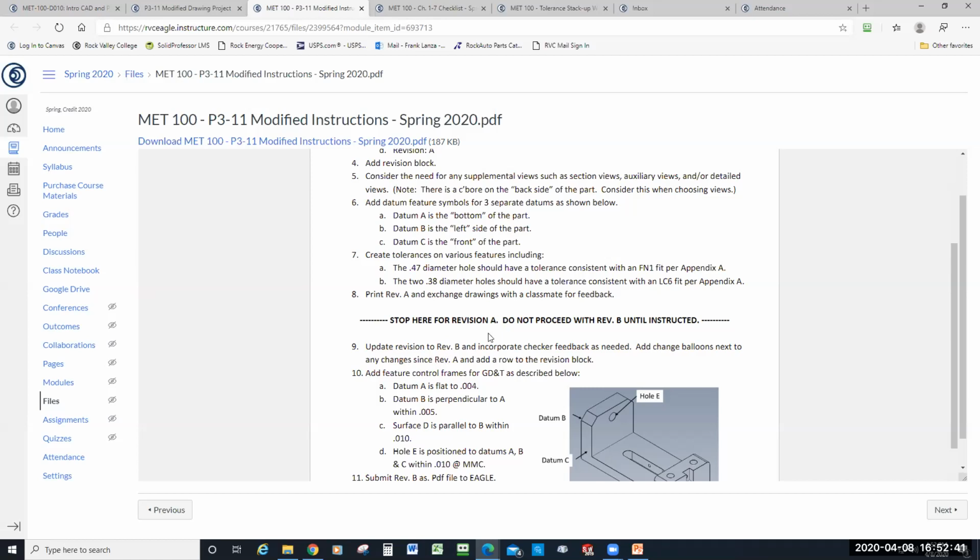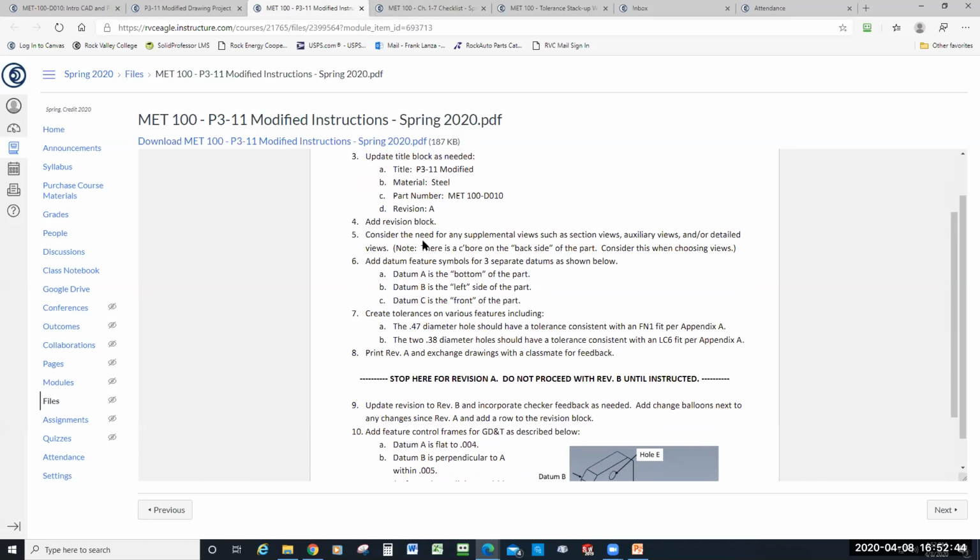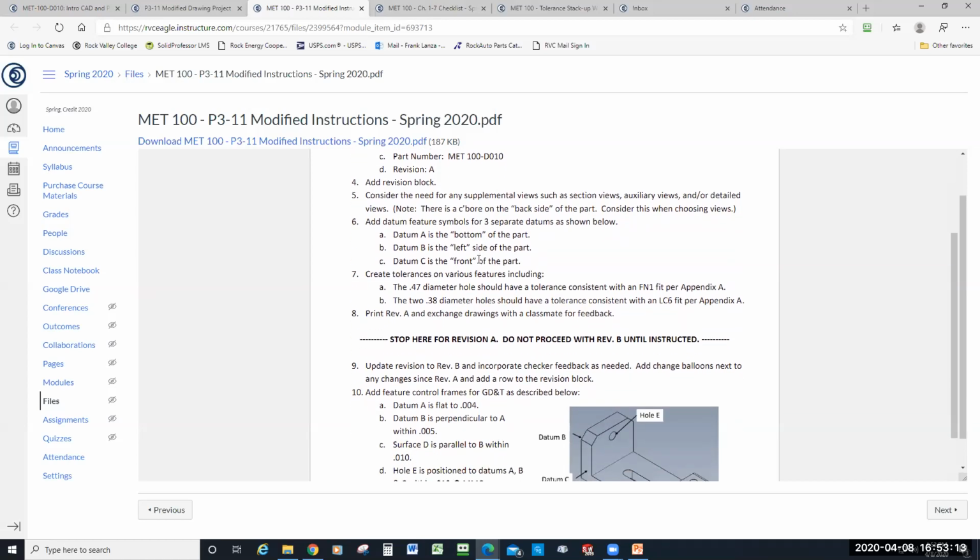So what that would tell me if I were doing this project is that I need to not only rev up the revision information in the title block to Rev A or Rev B. I might just say Rev B right away, because that's what I'm going to wind up with. And you're not going to be doing any checking and swapping drawings out because we're not in class. So I might rev up the title block to Rev B right away. But then I would put my revision block in, and I'd start my first line for Rev A, and I could call it Rev A, or I could say initial draft, and then